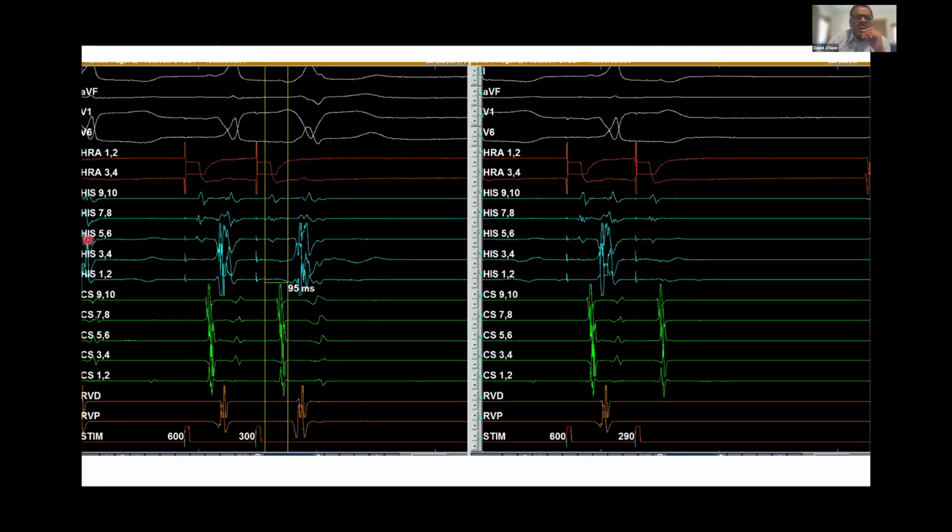We have this tracing which shows atrial pacing happening in the right atrium, which results in an atrial depolarization manifest by the atrial EGM seen on the HRA channel, on the proximal HIS channels, and in the CS channels. That is followed by a slightly wide QRS complex with the possible delta wave. And probably the ventricular activation is happening from the right ventricle to the left ventricle, because on the CS channel,